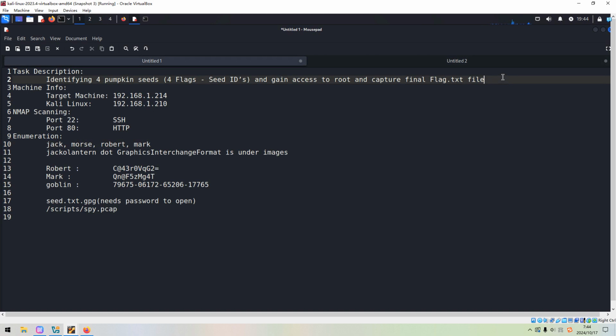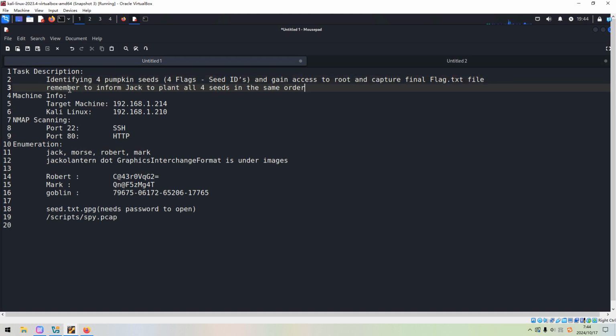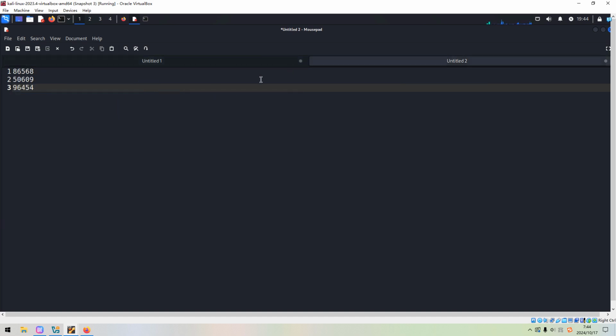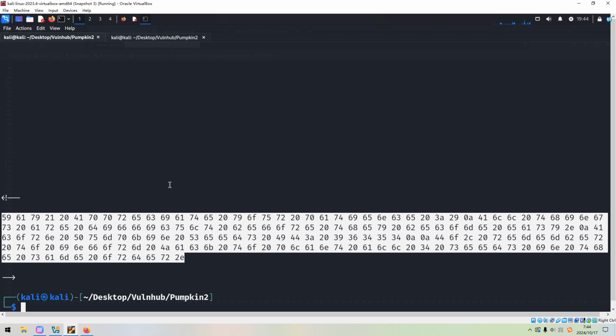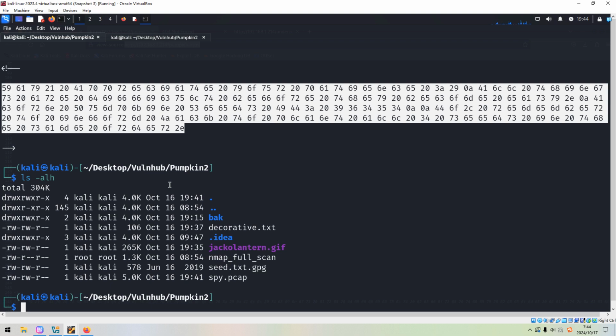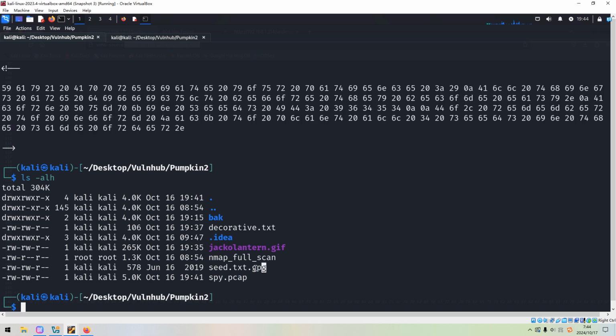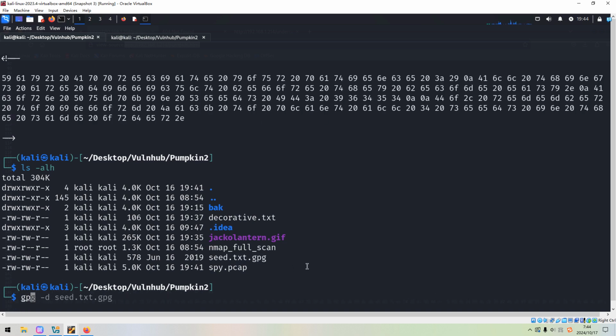So we need to remember to inform Jack to plant all seeds. So there's just one seed left to discover, right? So how to do? And I think there is only one thing we didn't analyze, this one. And this one, of course, we can use GPG and to join and convert this,